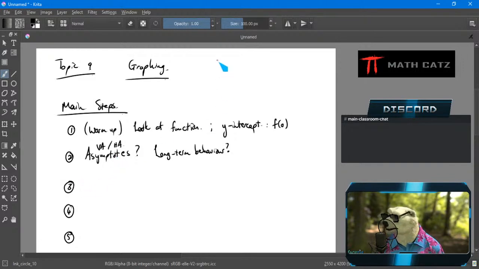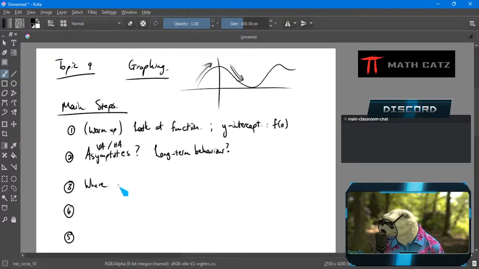Then, if I look at a graph, sometimes it's going to go uphill, sometimes it's going to go downhill. We say it's increasing and it's decreasing. So I want to know where the function or the graph is increasing and where it is decreasing. Identifying those areas or x values where this is happening will help me identify the shape, the trend of